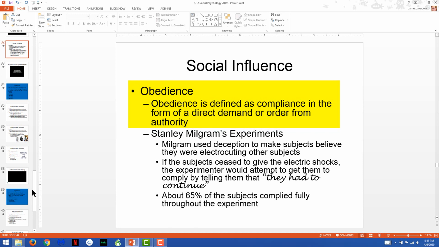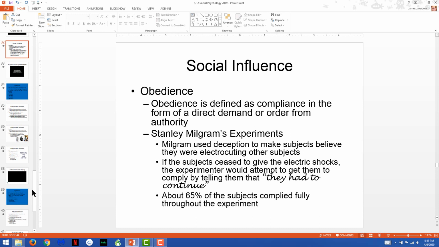And under these circumstances, the Confederate always played the same role of an individual who had been selected randomly to participate as an individual who would receive electric shocks as part of a learning experiment. So the actual subject was always placed in the position of having to electrocute this other individual. About 65% of the people that participate in this experiment will generally electrocute the other individual to the maximum level